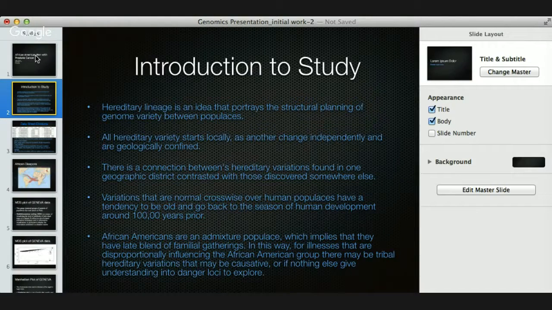The variations that are common across human populations tend to be older and go back to the seasons of human development about 100,000 years prior. So that's important. And African Americans are an admixed population, which implies that they have a late, I'm sorry, I'm a little sick, which implies that they have a late blend